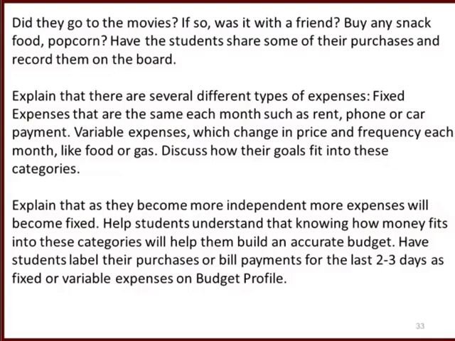Some months you've actually budgeted better, you know. So get them to see that difference and be prepared to make sure that they have everything that they know that's fixed, and what's left over they can use for variable. And that may be that they have to adjust that variable difference. And that's something that you can do with this particular profile here and get them to see that difference.